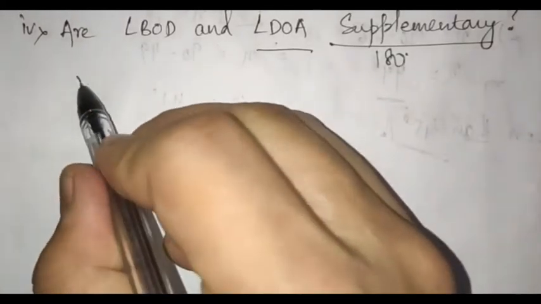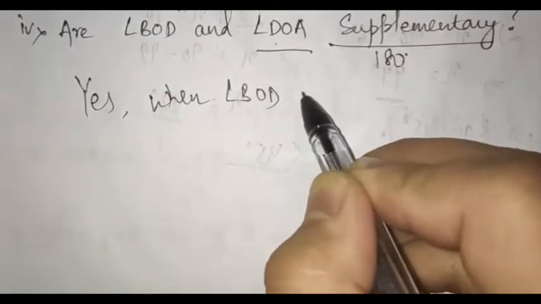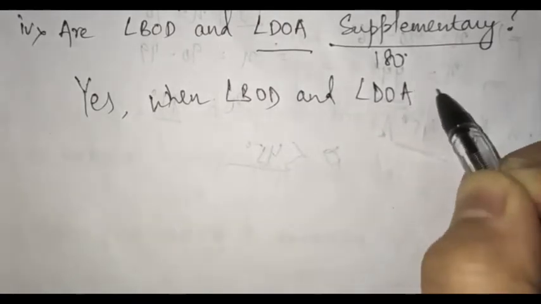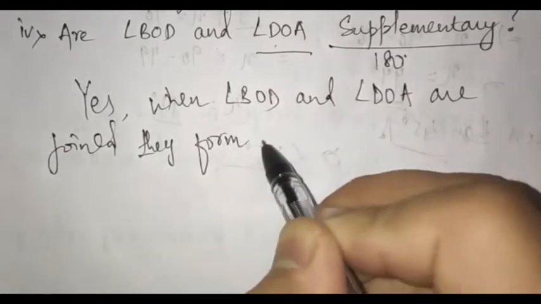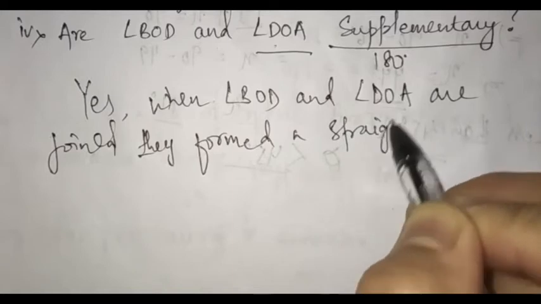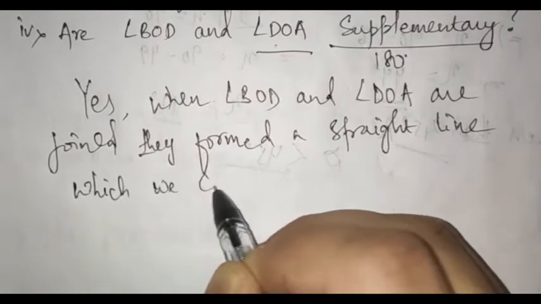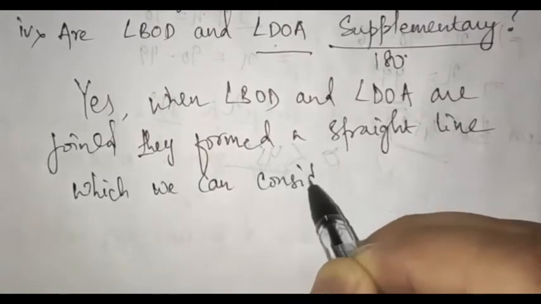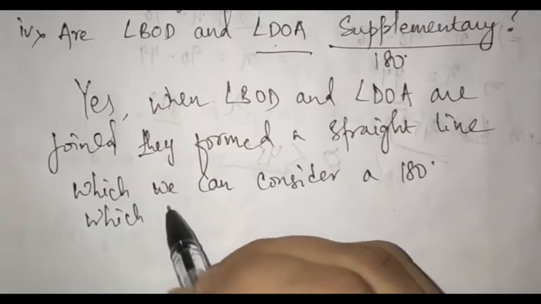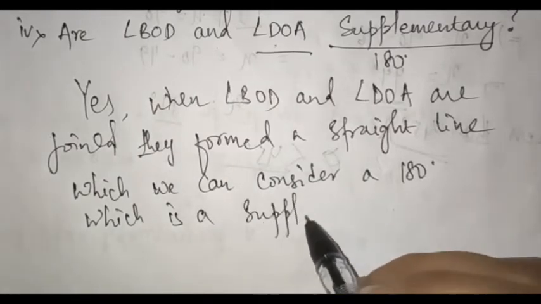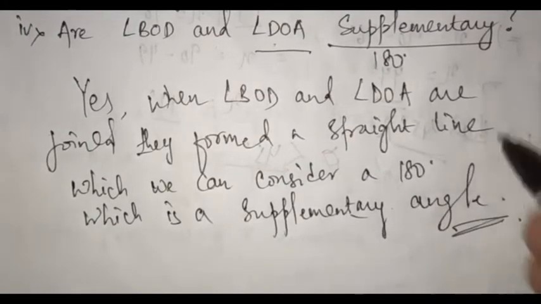So yes, we can write here that when angle BOD and angle DOA are joined, they form a straight line, which we can consider 180 degrees, which is a supplementary angle, isn't it? So this thing we can consider. So our answer is this. Alright,